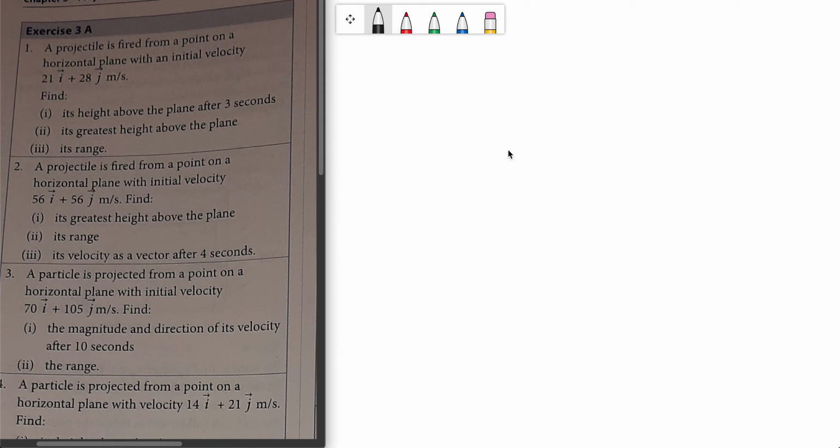Question 1. A projectile is fired from a point in the horizontal plane with an initial velocity of 21i and 28j. Find its height above the plane after 3 seconds. Okay, so just write this is